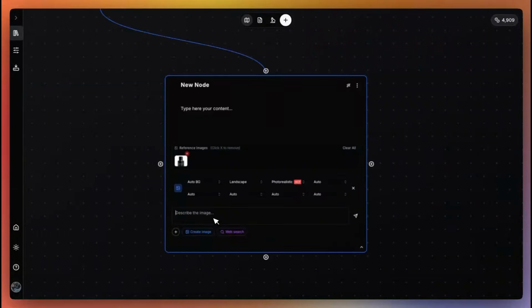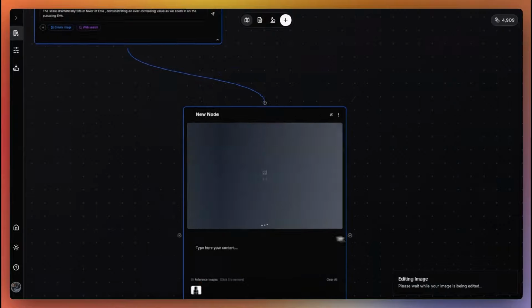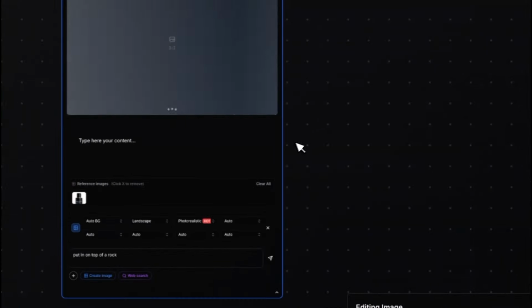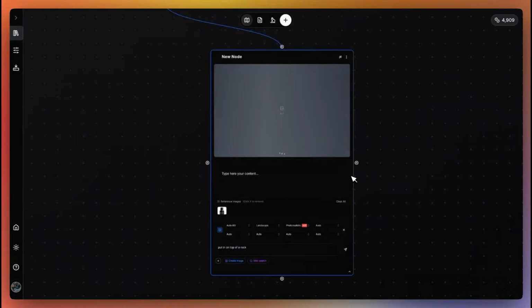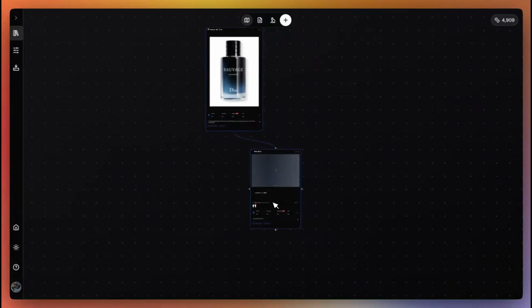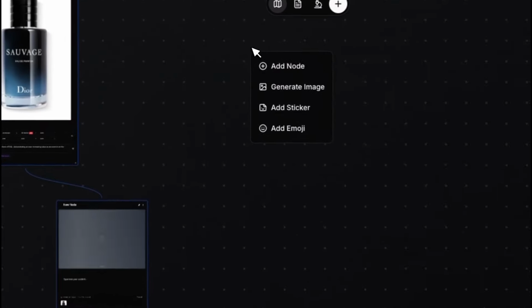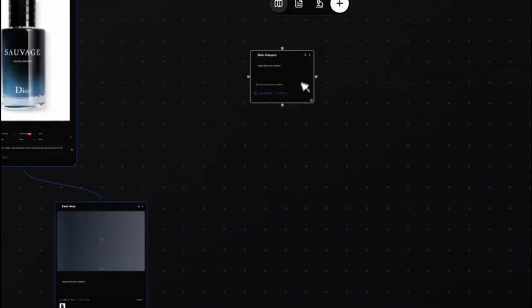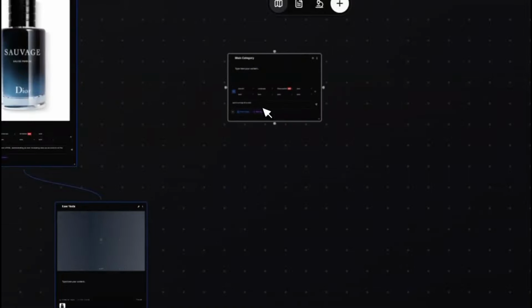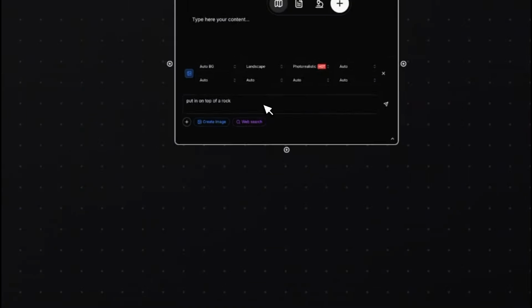So I'm just going to go easy and say, okay, put it on top of a rock, and start the generation. It's going to take a little bit because we generate all of the images in high quality for professional use. And usually a generation takes around 50 to 60 seconds. So we're going to be waiting, and we should be able to see the results soon. In the meantime, what we can do is create some kind of ad looking like